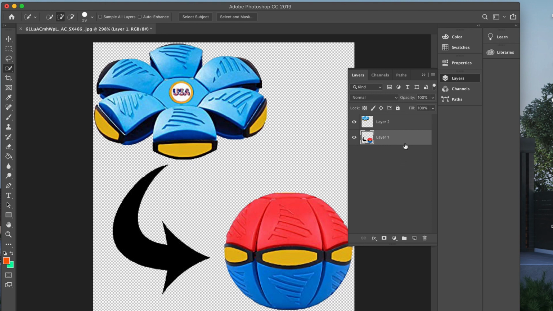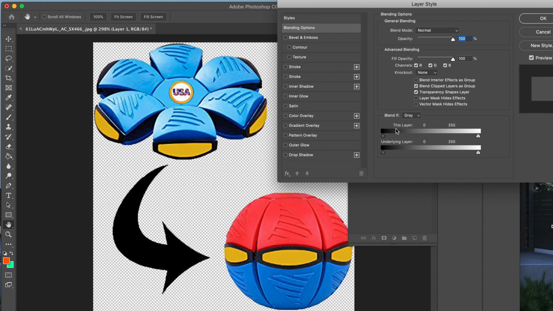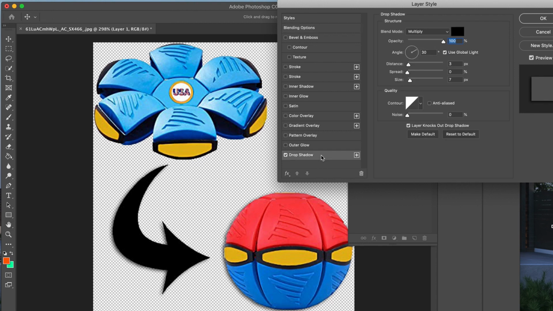Drop shadow. So double click on the layer that you want to add shadow for. I'm gonna do this one, and you should click on drop shadow. Boom. Look what happened. Shadow is added. So you can, of course, change the properties of this shadow, like the angle that's hitting the particular object. Okay, you can use any of that,